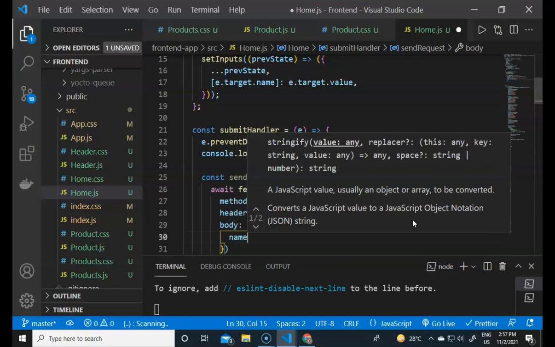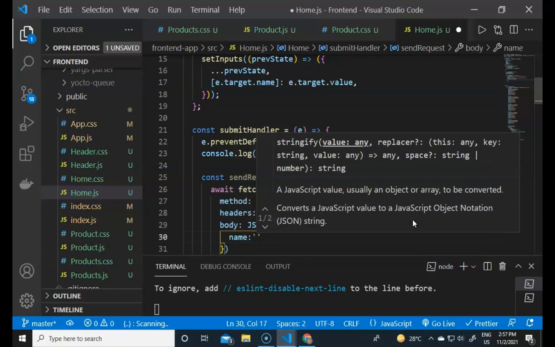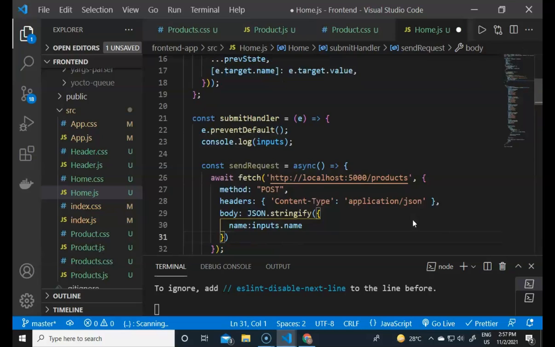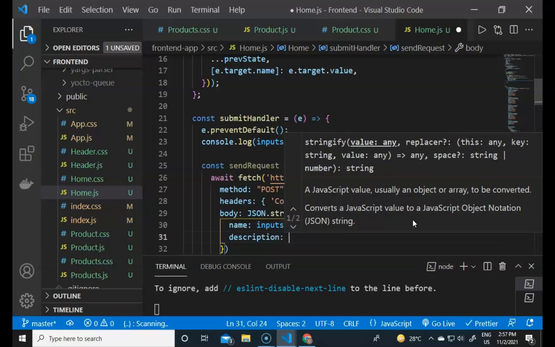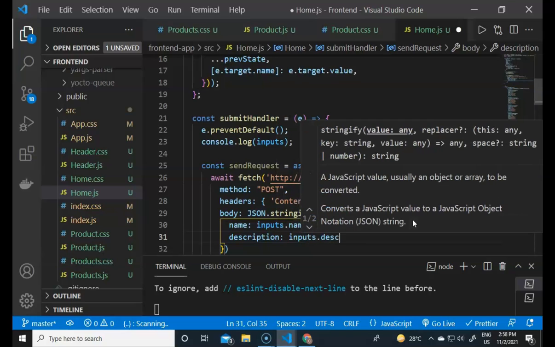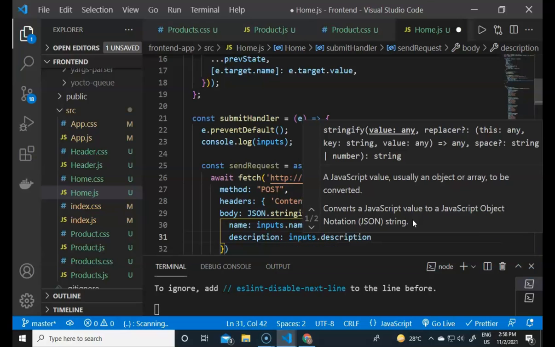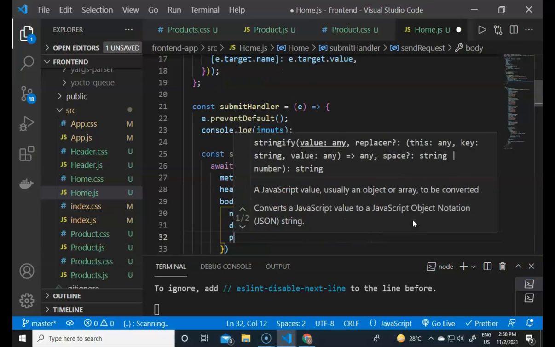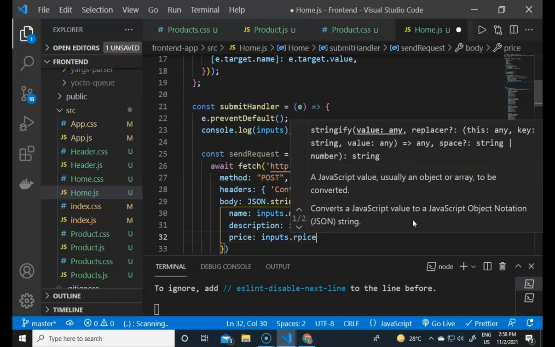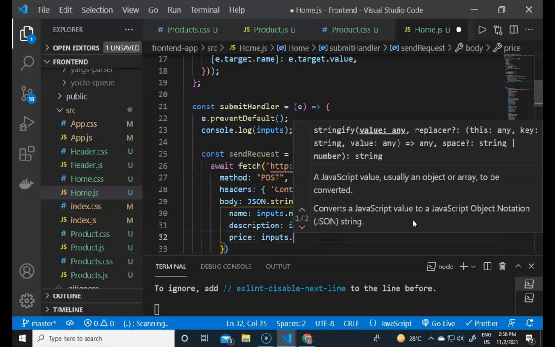The name in the database is name, and its value will be inputs.name. Then we define the description, which will contain inputs.description, and then the price, which will contain inputs.price, and the price in the database is a number field.